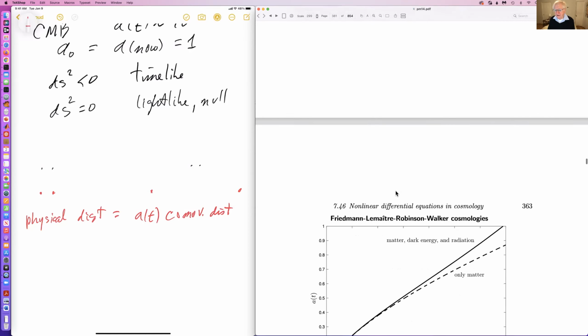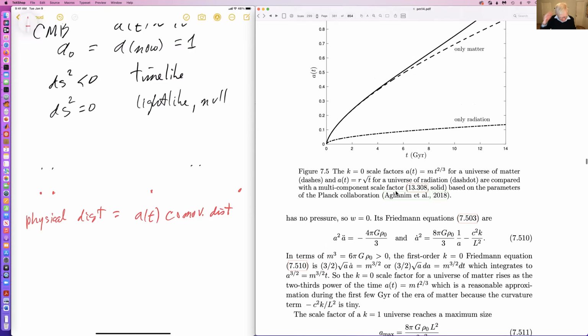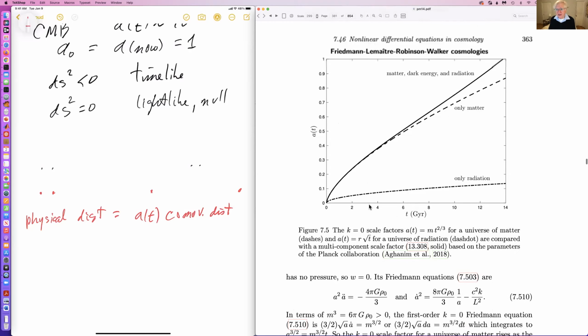A universe of matter, now after the first 50,000 years to about, let us say, 9 billion years. So from 50,000 to 9 billion years, the universe was matter dominated. And if you go to the middle of that, it was really matter dominated. And in that case,